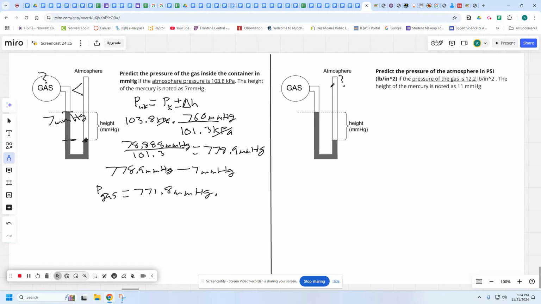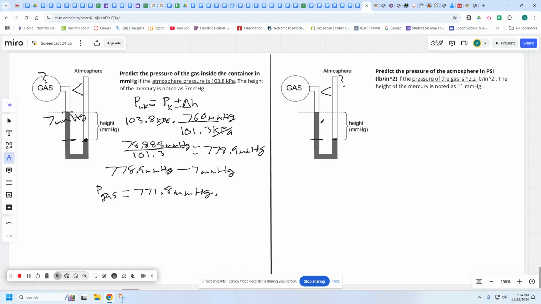So in this case, the atmosphere is greater again than the gas. So I know that the atmosphere pressure needs to be larger than the gas pressure because it's applying a force to the surface of this mercury once again,